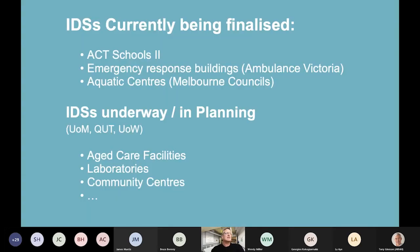So the first two we thought were incredibly successful. We learnt a lot. The consultants and clients learnt a lot and had a great time as well. We had really good feedback. We finished 3 last semester, for which the reporting is currently being finalised. Another schools one. Emergency response with Ambulance Victoria, who got us to look at their ambulance stations around Victoria, and